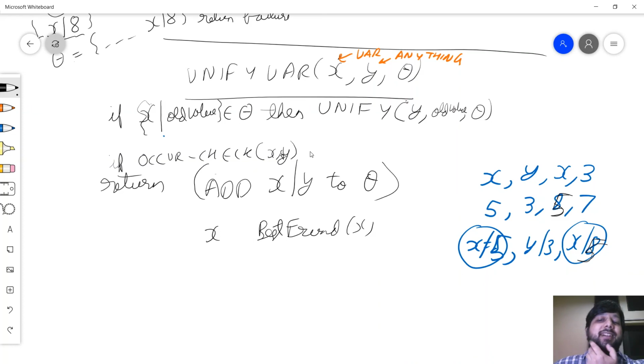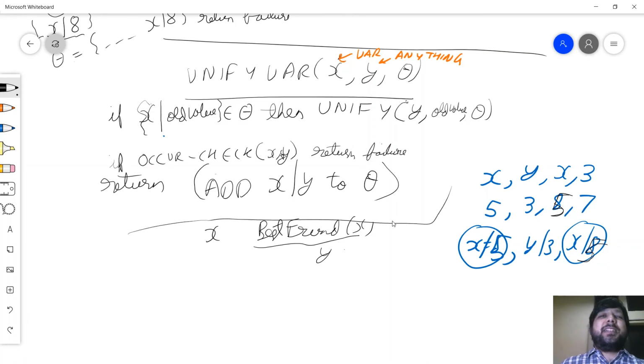So if the occur check returns true, then of course I return a failure, which is that x is not contained within what you want to unify it with. In the example, this is x and this is actually y. So the occur check must also hold good.